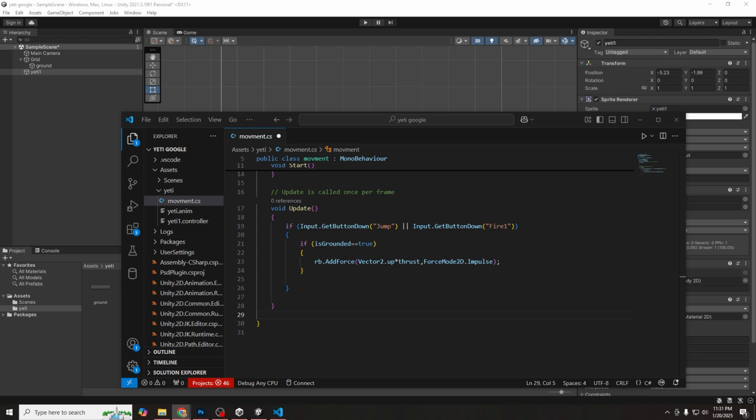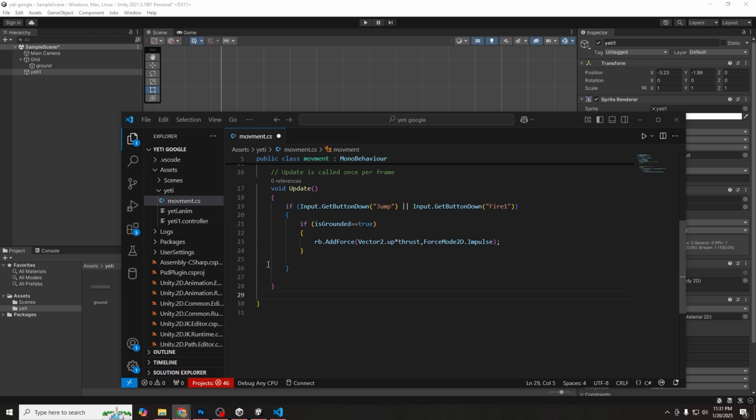So you don't have to write everything yourself, you can always refer to the documentation. So make sure you're out of the void update. I'm all the way down here. I only have one more bracket, and I will do void OnCollisionEnter2D, Collision2D col, and then open bracket, and if this happened, then